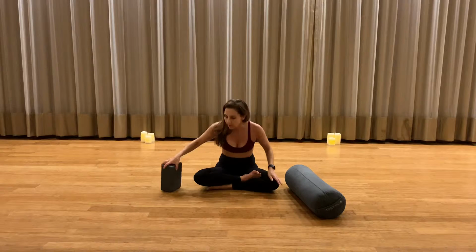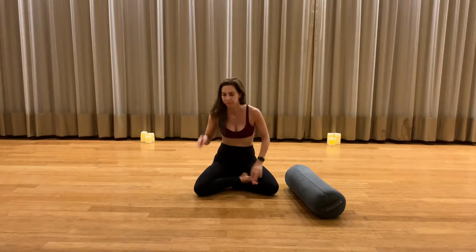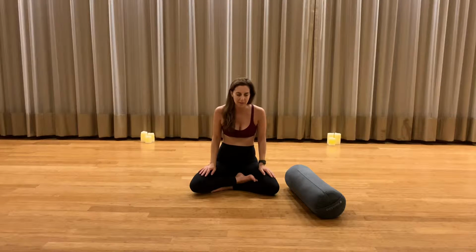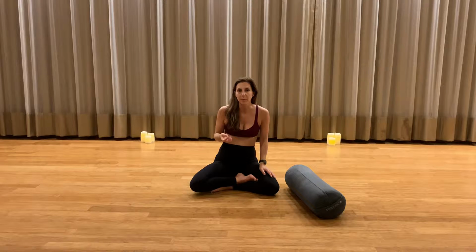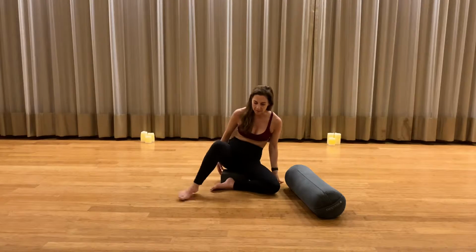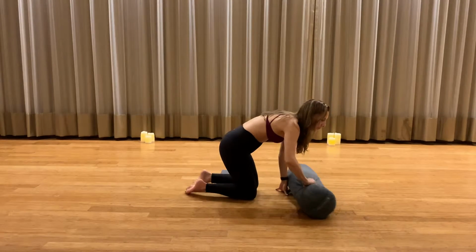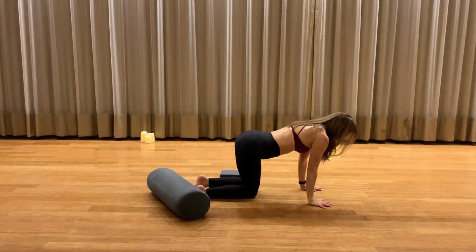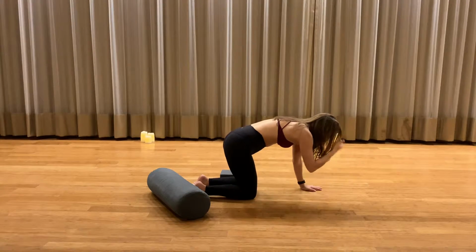So we started in a seated meditation, did about 8 to 10 minutes of a seated meditation. Actually, a meditation is one of the most powerful things you can do to help with this chakra. And then after our meditation, we came down, we did some cat-cows in the spine just to release, and then